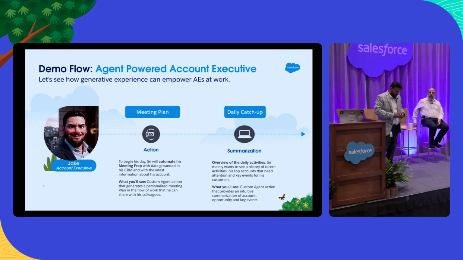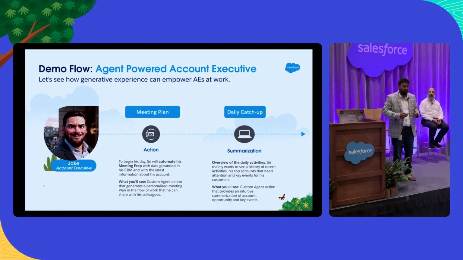The first use case that we have here is generating a meeting plan. Jake wants to get all the latest information about an account and all the latest information that he has about the opportunity, the news that's available on the internet, take all those things together, put it together, and get a succinct meeting plan. And he would then use this meeting plan to have this meeting with his customer, or give it to one of his subordinates or his colleagues, or use one of his teammates to say, hey, here's everything that you need to do to close this deal. That's the fundamental use case that we're going to be exploring today.